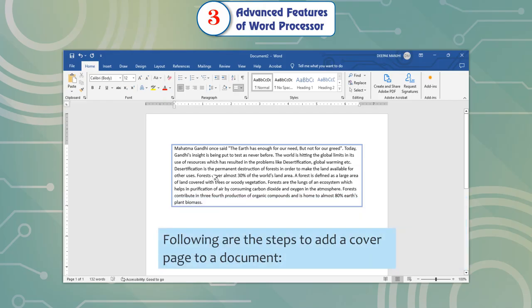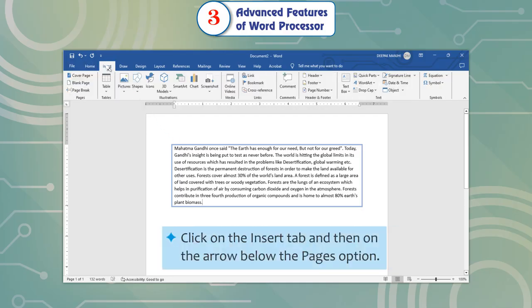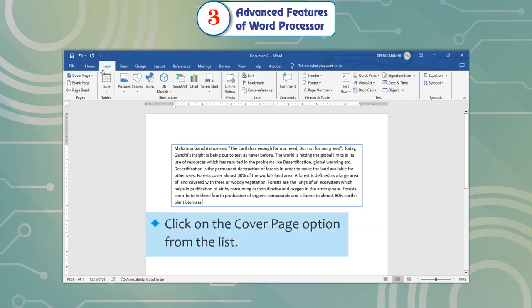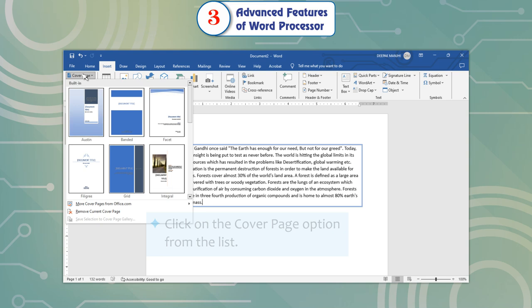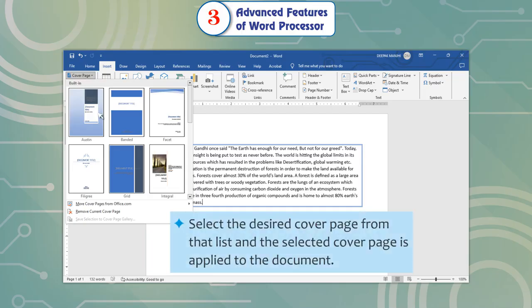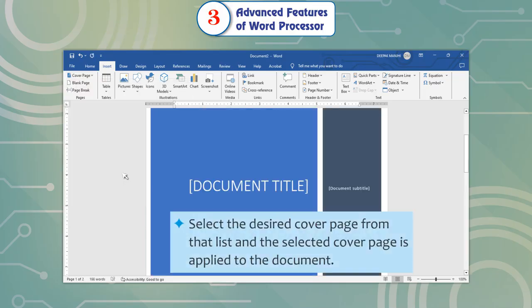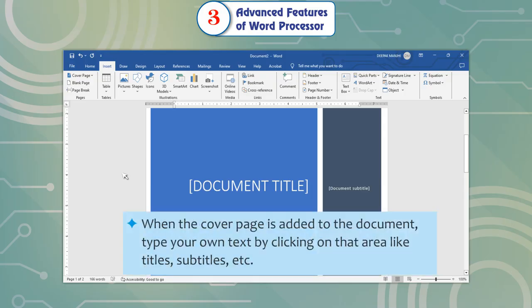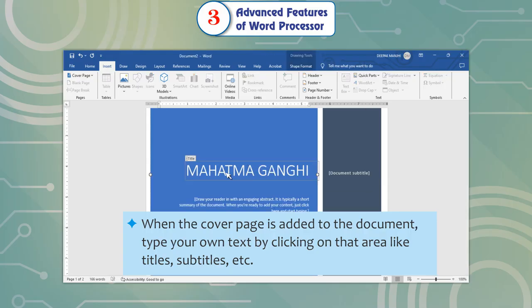Following are the steps to add a cover page to a document. Click on the Insert tab and then on the arrow below the Pages option. Click on the Cover Page option from the list. You will see a built-in gallery of the available cover pages on the screen. Select the desired cover page from that list and the selected cover page is applied to the document. When the cover page is added to the document, type your own text by clicking on that area, like titles,